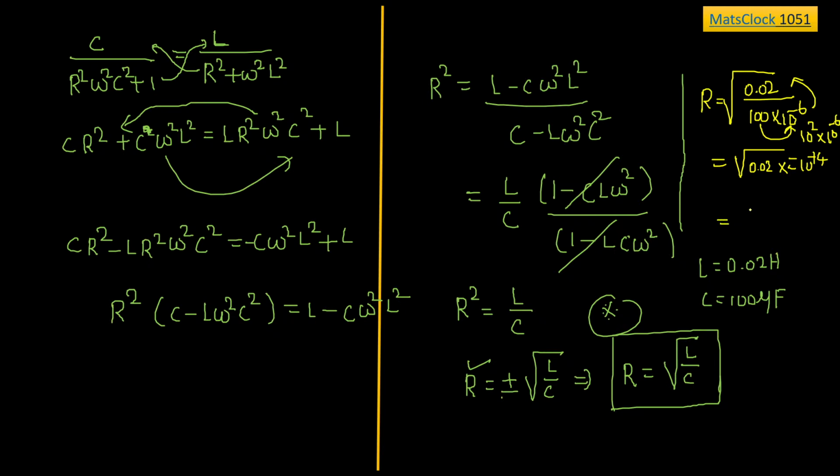Now further, what I can do is, 0.02 can be written as 2 into 10 power minus 2. Already 10 power plus 4 is there. Further, 10 power minus 2 into 10 power plus 4 will become 10 power 2. So finally, what we have here is R equal to square root of 2 into 10 power 2. But you know 10 power 2 will become 10. So 10 into root 2, with root 2 being 1.414,